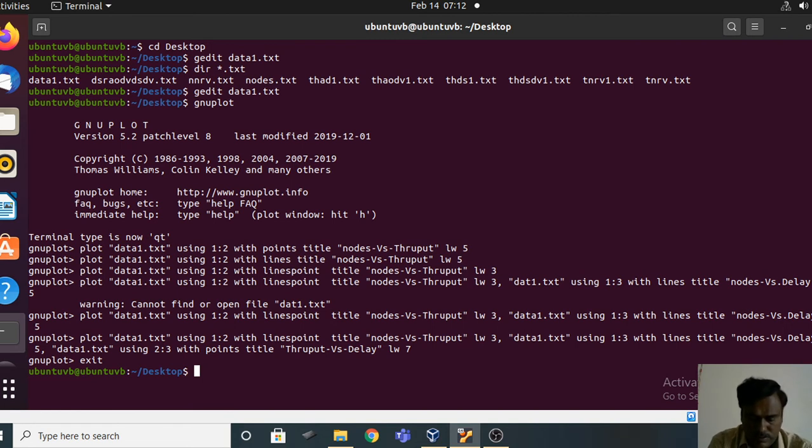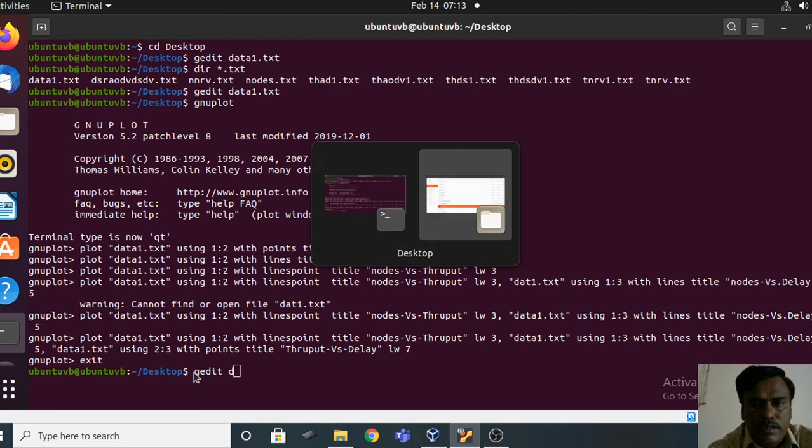So gedit, open the editor. What is the name you wanted to give for this file? Yeah, let me alt tab.